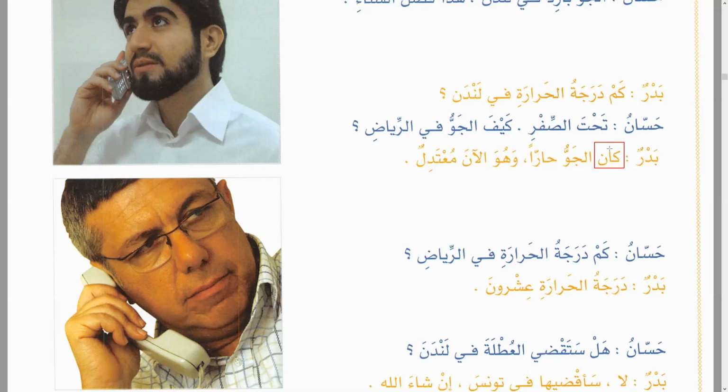So what these words require is ismu kana. That's what they named the noun of kana. The word which follows is called, like inna has ismu inna and khabar inna. They didn't introduce inna, they started with kana. This is the ismu kana, the noun of kana, and this is the khabar of kana. Now there are certain rules here. The ismu kana is always marfu. And the khabar of kana, which is the second word which follows, is always mansoob. Like kana Allahu aliman.